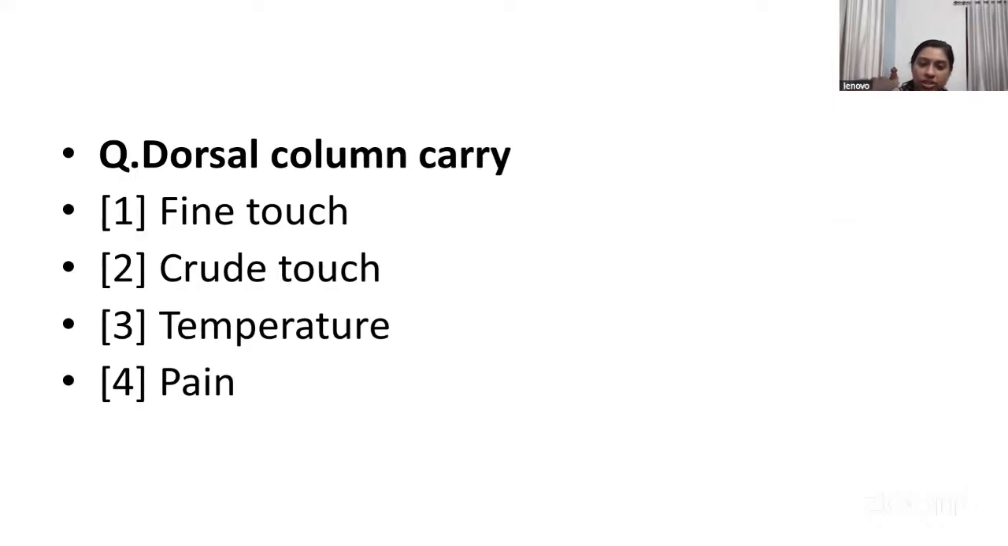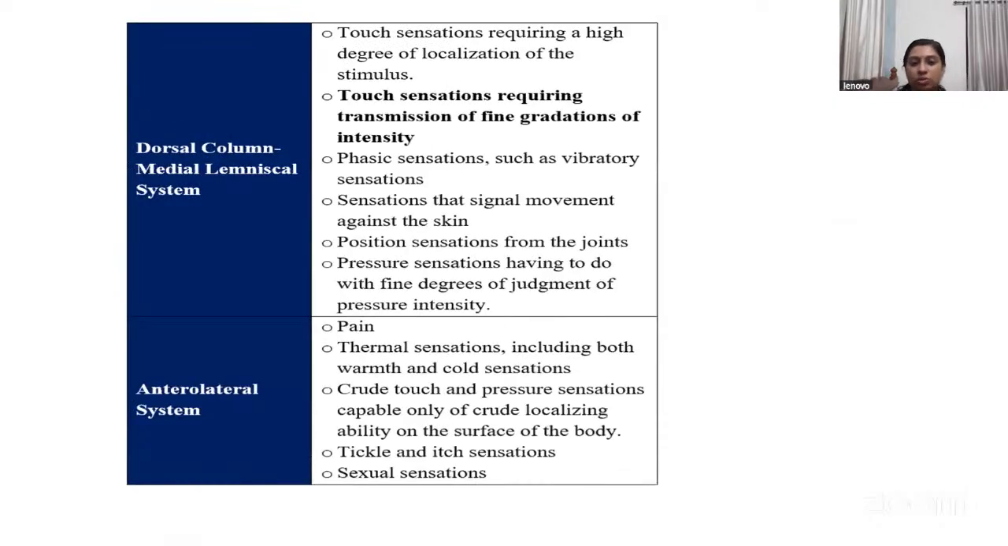Fine touch, crude touch, temperature, pain. The answer is fine touch. Okay. So one thing you have to remember is dorsal column pathways are somewhat advanced pathways. The complex sensations are carried by the dorsal column pathway, and the primitive or crude sensations are usually carried by the anterolateral system. Okay, so these are the advanced sensations, like touch sensations requiring a high degree of localization of